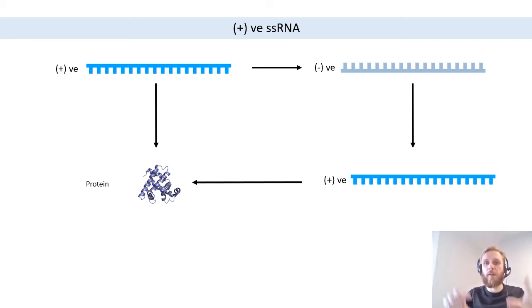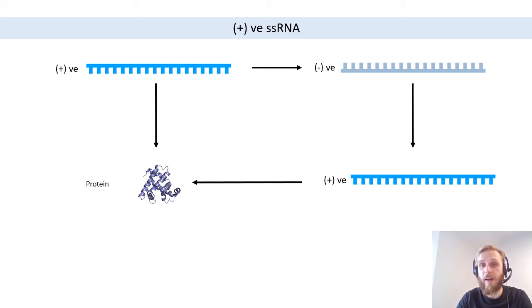It's just a little bit less information there, but the key points are made. There are essentially two routes that the initial positive sense genome can take once it enters into the host cell. So it can be directly translated into protein, or we can see it being used to produce a negative sense complementary strand. And then this negative sense complementary strand can then be used to produce a positive sense complementary strand,